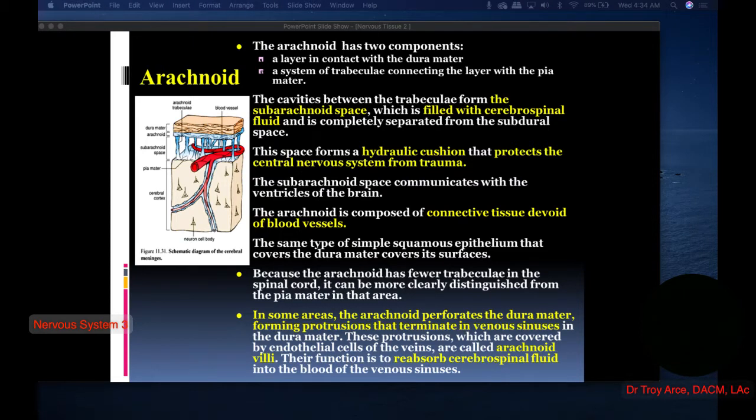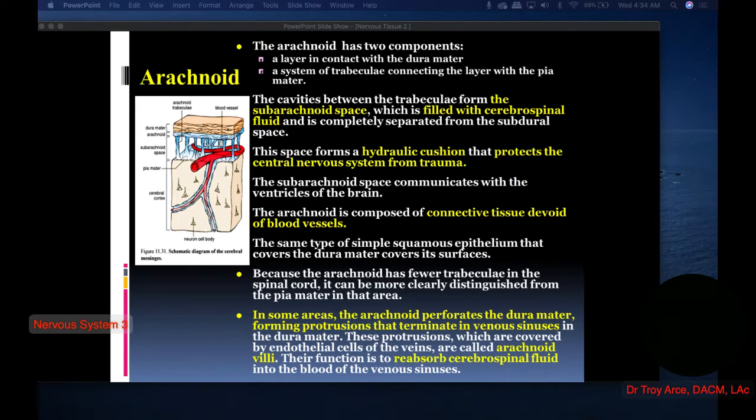And the arachnoid is composed of connective tissue devoid of blood vessels. So no blood, no bleeding there. And the same type of simple squamous epithelium that covers the dura mater covers its surfaces. And because this arachnoid has fewer trabeculae in the spinal cord, it can be more clearly distinguished from the pia